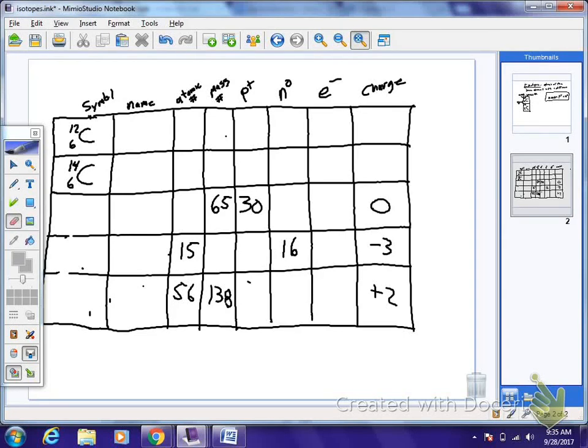So the first column would be the symbol for the isotope. Next one we can just write in the name. That will be really easy. The third one is called the atomic number. And the atomic number is represented by the number of protons, which is that one I gave you to identify